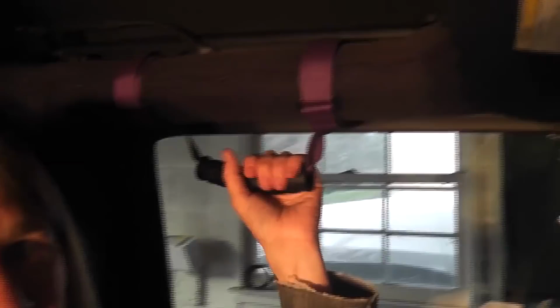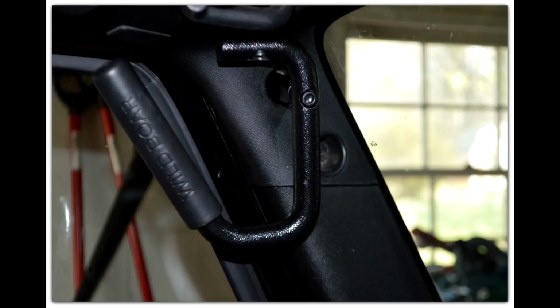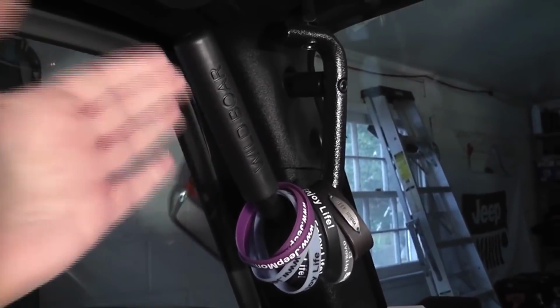Number 2. When I'm wheeling in those off-camber situations or going down those steep hills, I don't always have both hands on the wheel. I feel like I need to grab onto something. And these grab handles, they just don't feel sturdy enough. Now these Wild Boar grab handles are sturdy and tough and they don't move. These oh-shit handles were perfect for me. Sometimes it's a little difficult to get in when you have a lifted Jeep, but all I do is just grab onto my grab handle